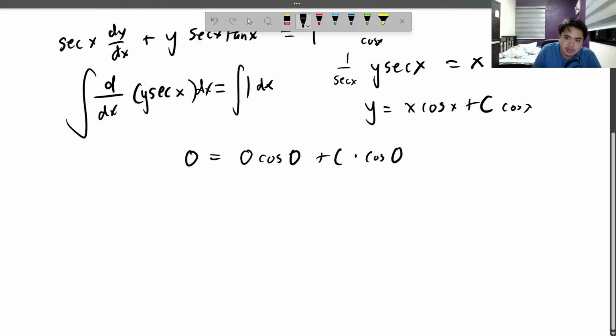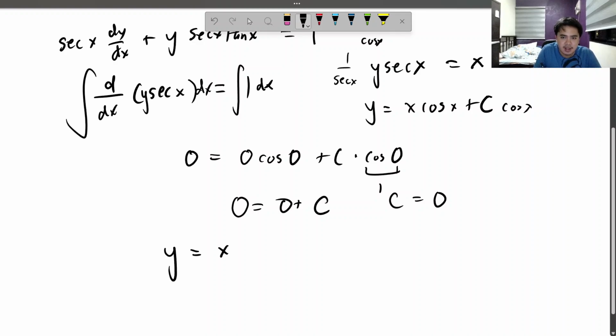Now, cosine of 0 is just 1. So c remains, and 0 times whatever is just 0. So c equals 0. So this one doesn't exist because it's just 0. So y equals x cosine x. That is the specific solution